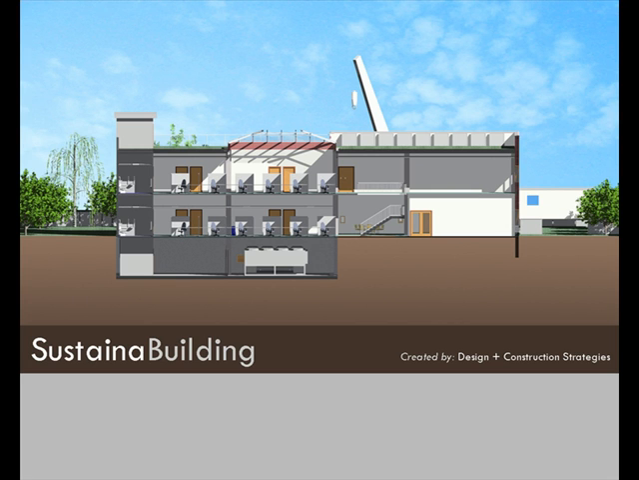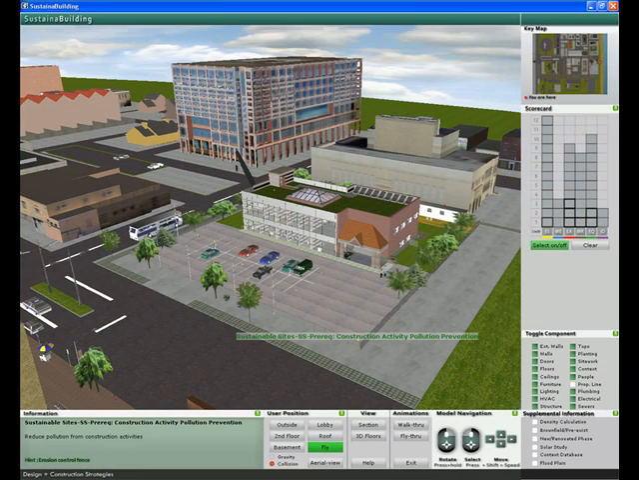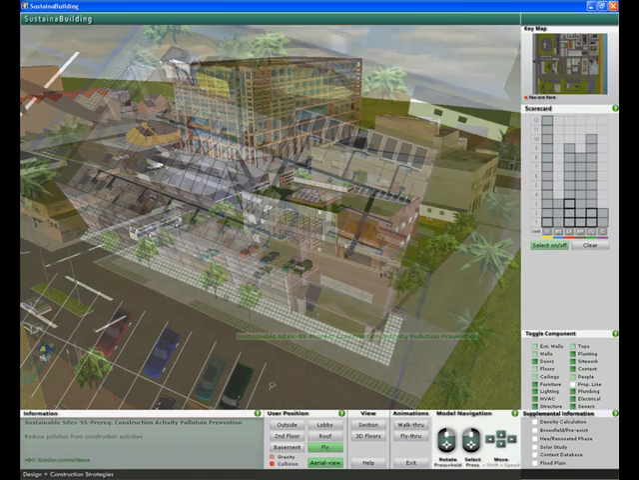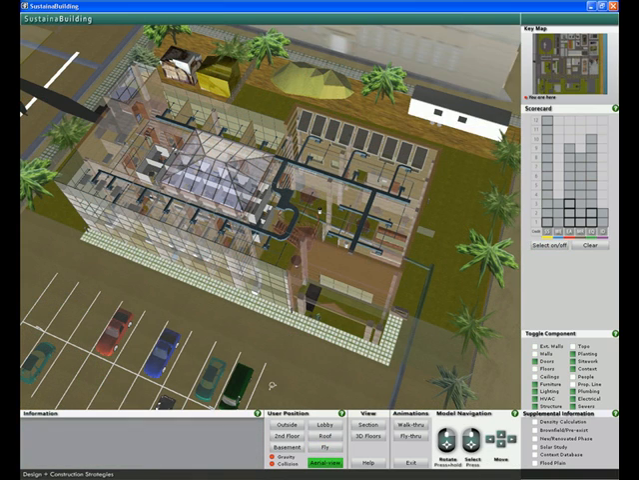SustainaBuilding was created by DC Strategies as a prototype educational tool for individuals who would like to learn more about the criteria used by the U.S. Green Building Council's LEED rating program. With SustainaBuilding, users navigate through a 3D virtual building using game engine technology and evaluate various options for acquiring LEED